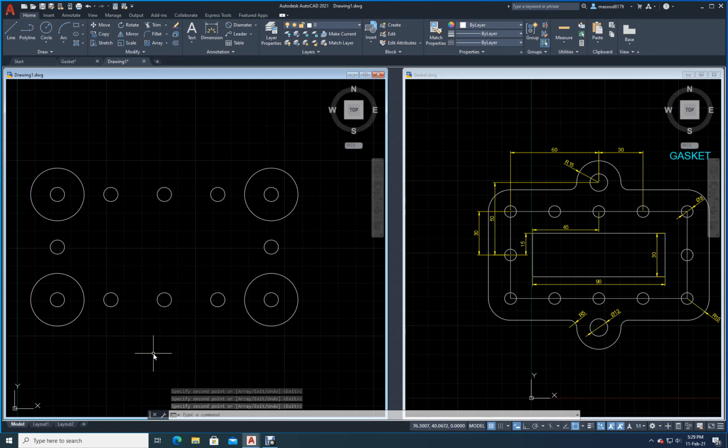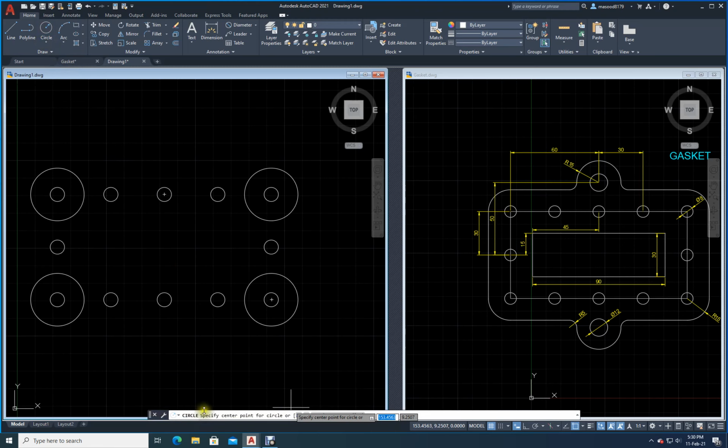So what is the next job for me? The next job for me is to draw another circle here. See, here you have another circle. This radius is also 15. But what is the height here? The height here is 50. See here, this distance is how much? 50. From where? From this point, is it not? So now I will use the tracking command to go here and draw another circle here, and one more circle here. Let me draw a circle.